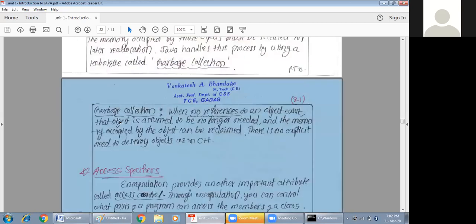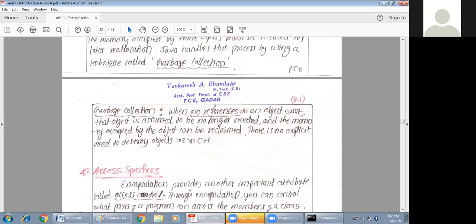Garbage collection means that when no reference to an object exists, the object is assumed to be not required at all, and the memory from that object is taken away. So there is no explicit need to destroy objects as in C++.